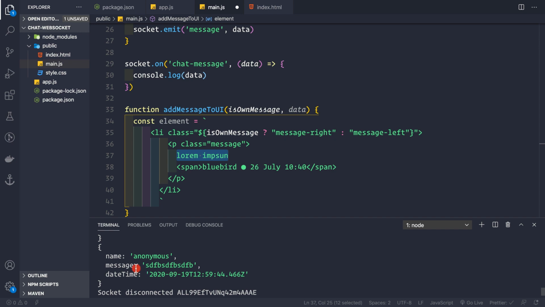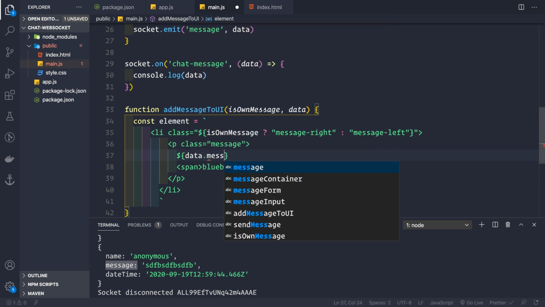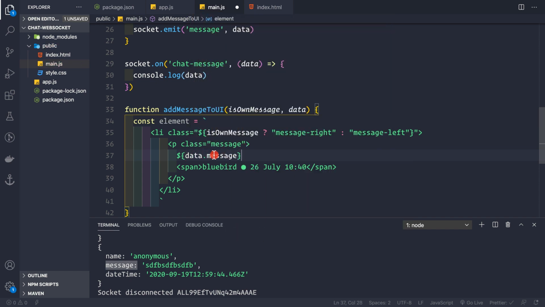As we can see, this data contains this message thing. So we can extract that message from this data object here, using $data.message, because this data contains a property called message. And now inside the span tags, we can again use this to get the name, that is data.name. And then for the time, we are using the moment.js library.